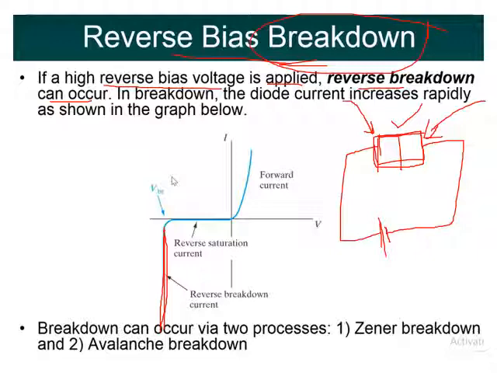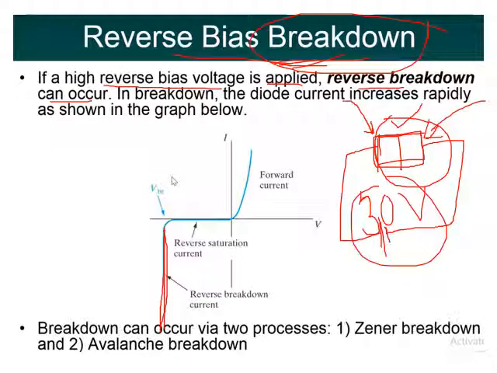So I was saying about breakdown, right? If the capacity of the diode is, say, to handle 30 volts, or in other words, if you apply up to 30 volts, the diode will not get damaged, right? Now, if we increase that limit, then we can say that the breakdown may happen.